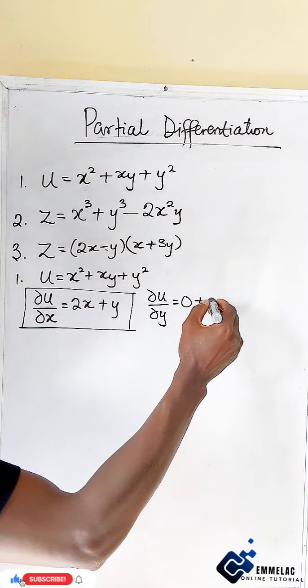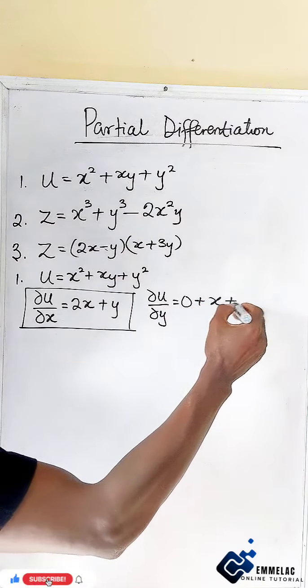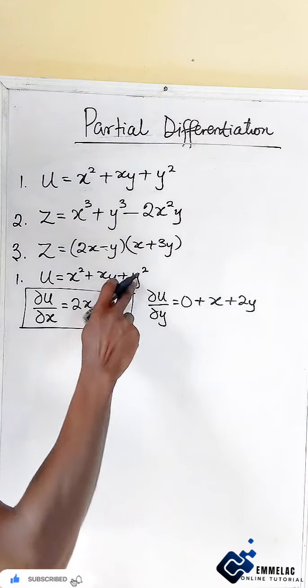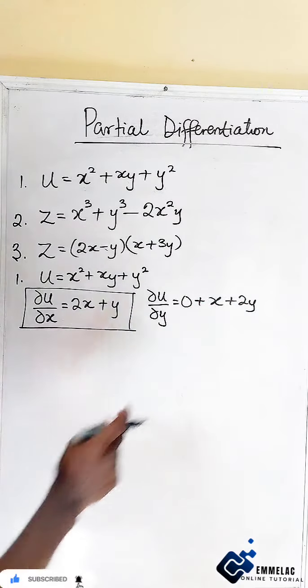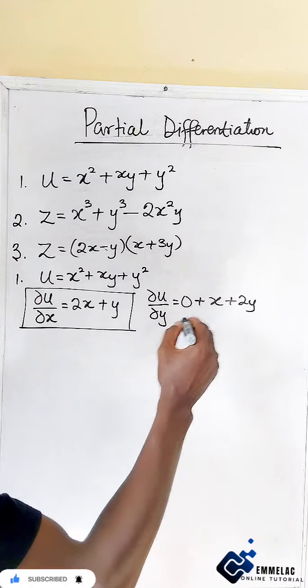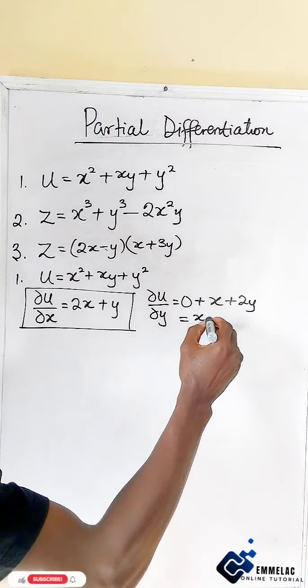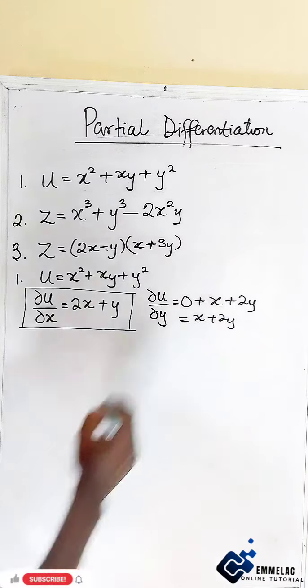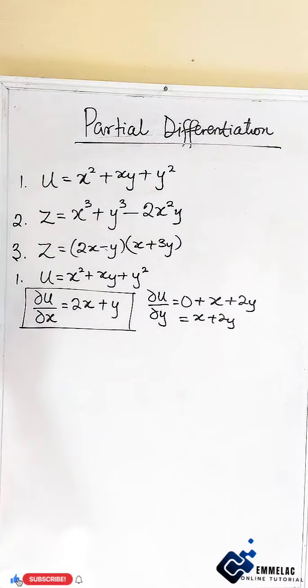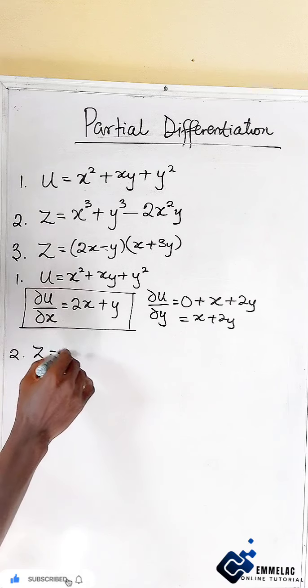So here we only have x, now plus 2y when we differentiate y squared. So at the end of the day, our answer here becomes x plus 2y. Now for the next one here, number 2, we have that z equals x raised to the